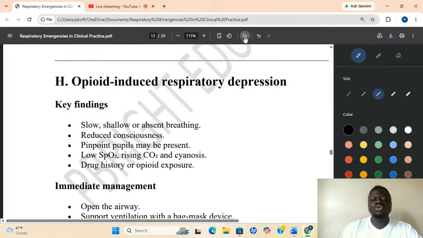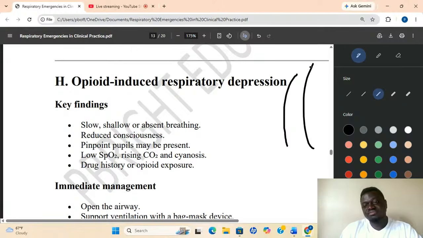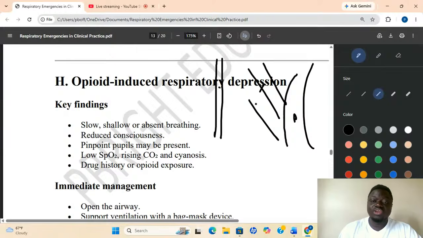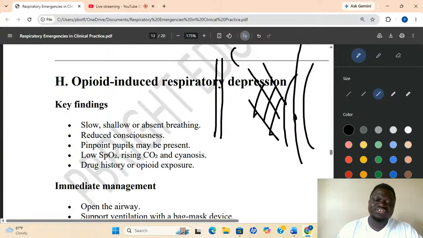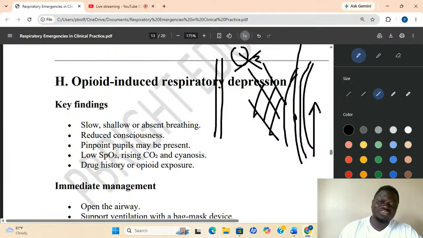So we saw that opioid will cause what? Ventilation problem. Opioid does not block the airway. Opioid will work on the muscles and collapse them, and also the respiratory center and collapse it. So carbon dioxide coming out of the body becomes the problem. If it doesn't come out, it will increase and cause what? Acidosis. The patient will collapse, lose consciousness and die.